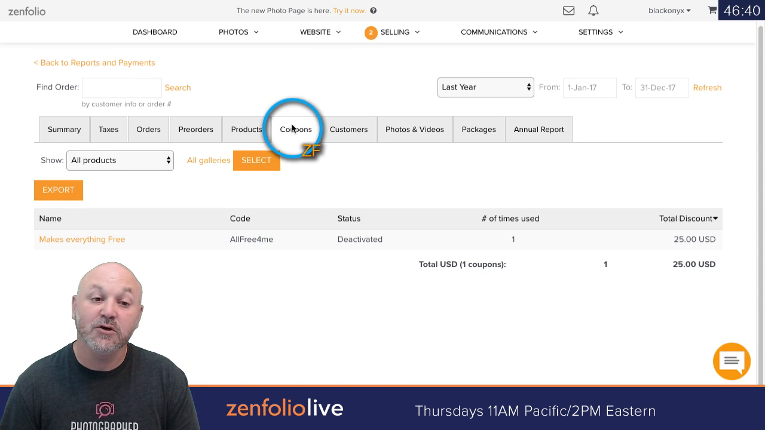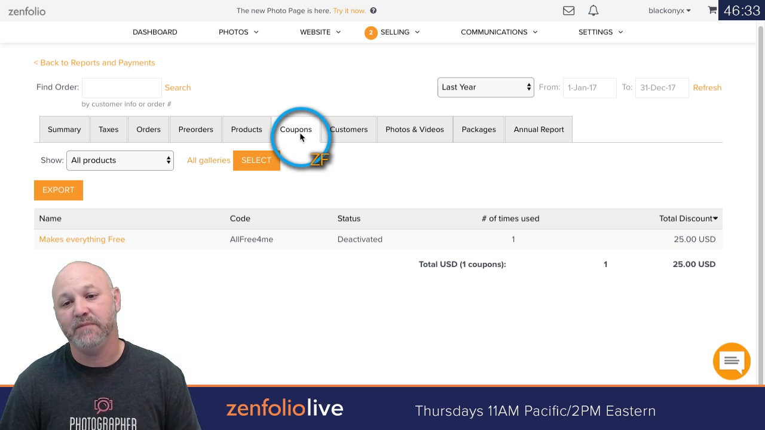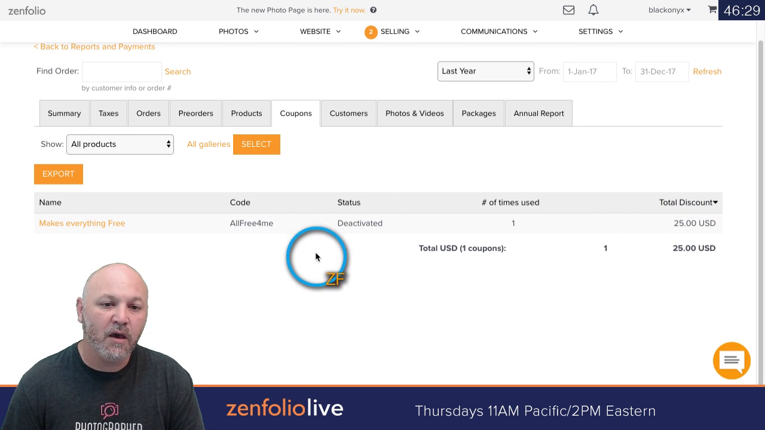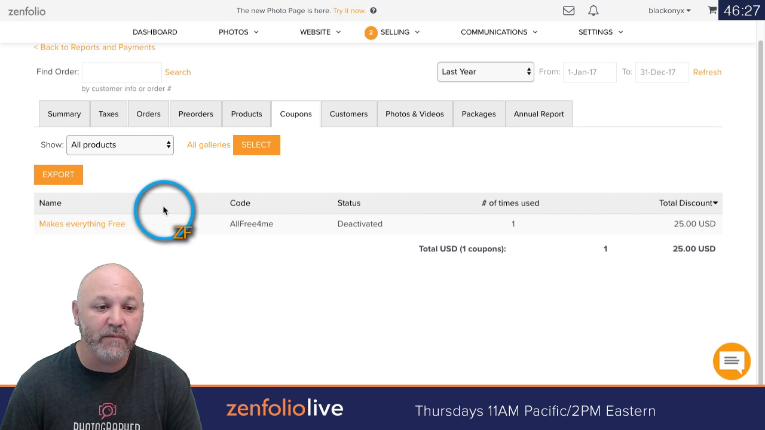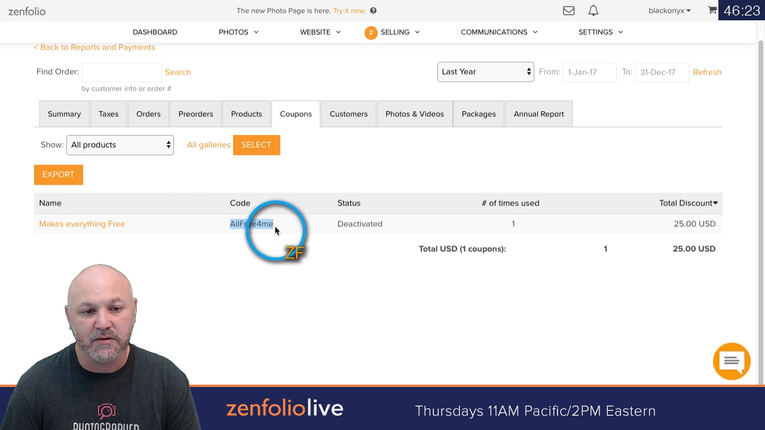So you can click on this coupon tab and you can actually see what coupons have been used, how many times they've been used, and the type of discount that they gave. Now, if you need to look at any other information for this coupon, what you want to do is copy the coupon code,